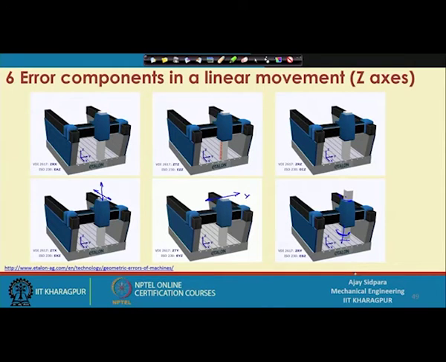So, what is the objective of learning this? When you do machining with such a system where some error exists, you will always get some problem in the workpiece dimension or your tool will be broken. So, you have to take care of all these errors. You may not be able to remove this error completely, but at the end you have to minimize it in such a way that it will not create a problem in the end use of the component. So, it should be within the tolerance limit or within the allowance limit.